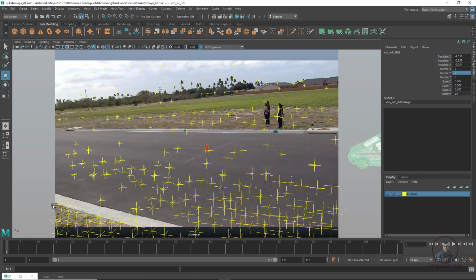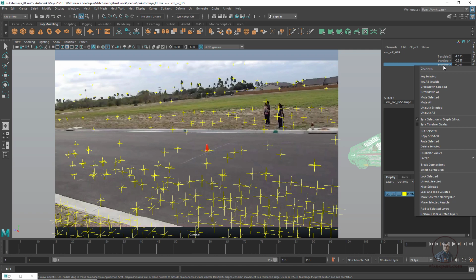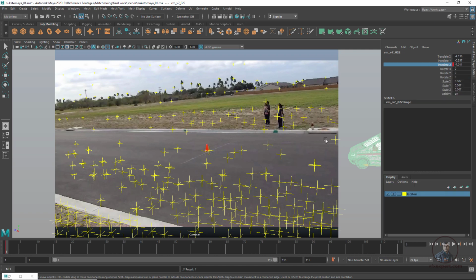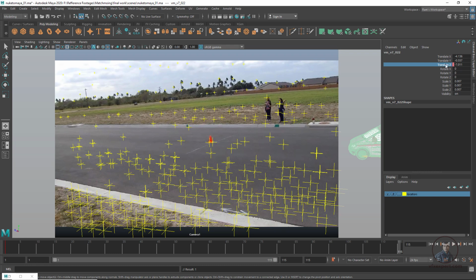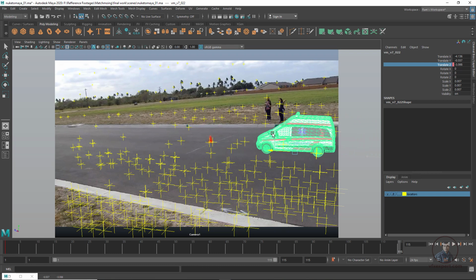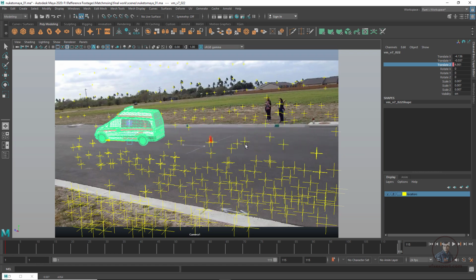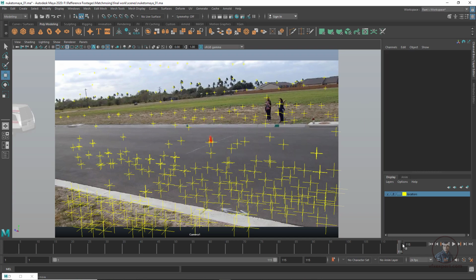So keep it here on first frame, then select this one, G value, and right click, key selected. Now just move it a little bit like this and adjust this value I have selected, and with the middle mouse just adjust a little bit. Hold middle mouse and just drag a little bit. So like this. Now right click and key selected. Okay, now just a little bit play and check here.